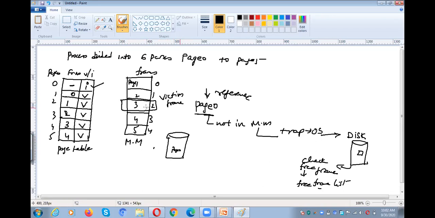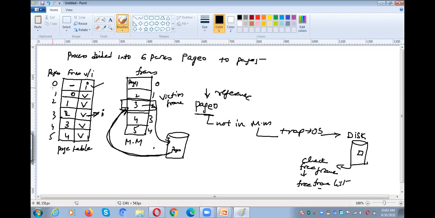That means I want to swap out this particular page to the secondary memory, and I need to swap in page 0 to the main memory. Whenever I swap out page 3 into the secondary memory, I need to change page 3 from valid to invalid in the page table. Page 3 is now swapped out from main memory to the secondary memory. That is the reason I change the valid bit to invalid, and then I swap in page 0 to that particular position in frame 2.